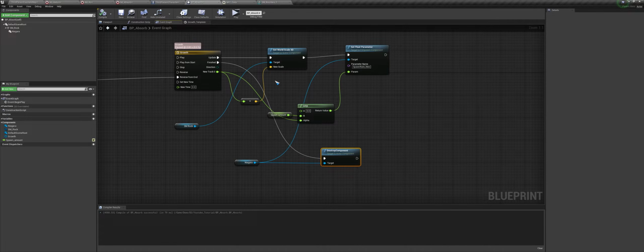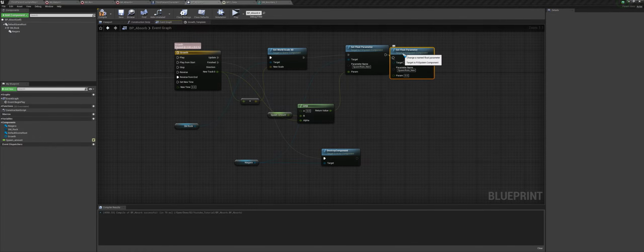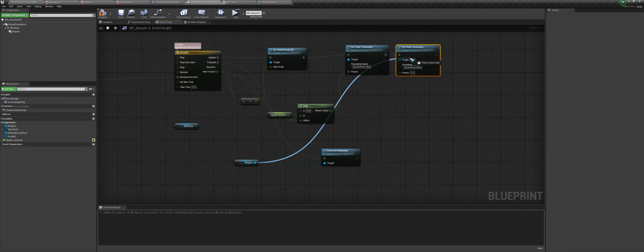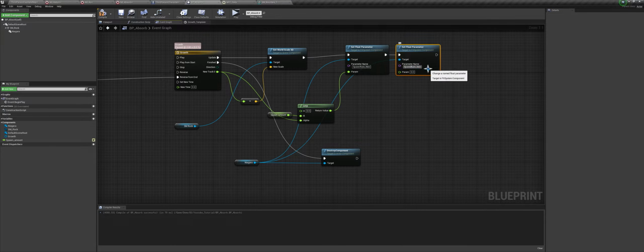So now we can go to the blueprint again, and here we can just duplicate this, and connect this here and connect this here and change this to new size. So that's the name we given here.